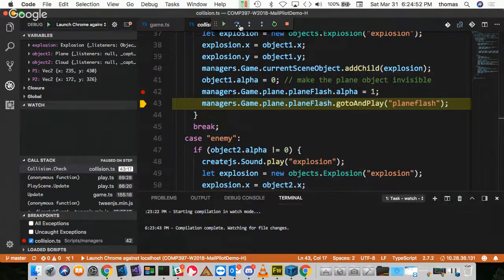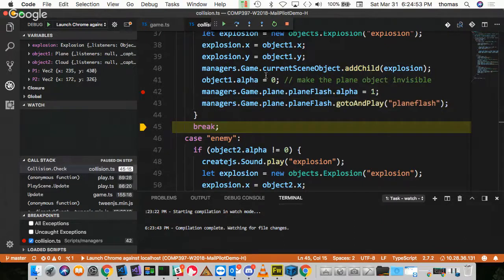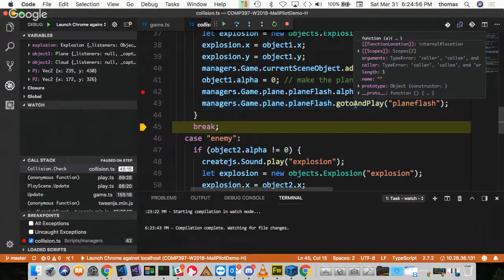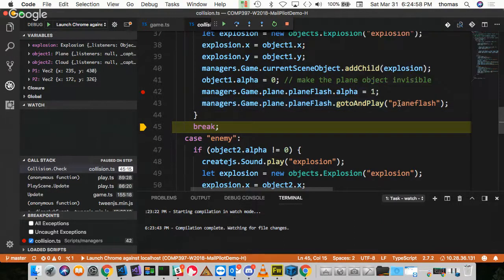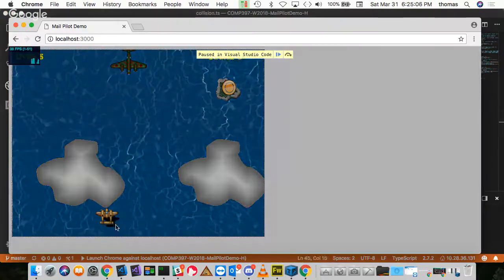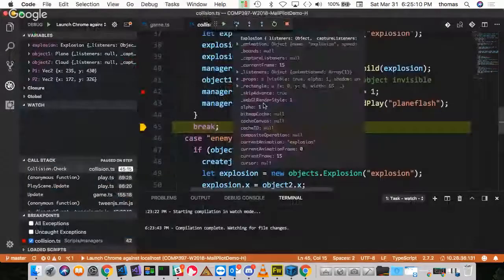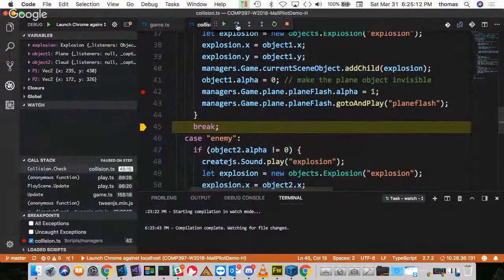Let me just go to the next. I'll jump over that part. I'll go to here. So it did do this, right? And it did play this, my plane flash, right? That's what it's supposed to have done. So if I go back to the scene, we should see the plane grayed out. Now notice it says paused in Visual Studio Code, right? Because what's happened is it hasn't gone back. So if I refresh,